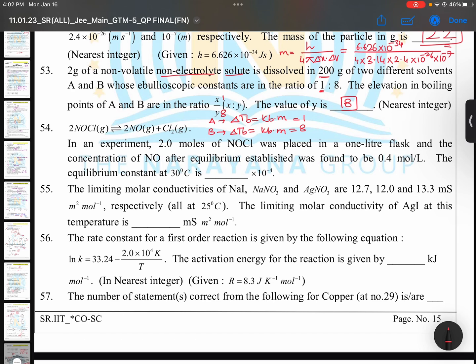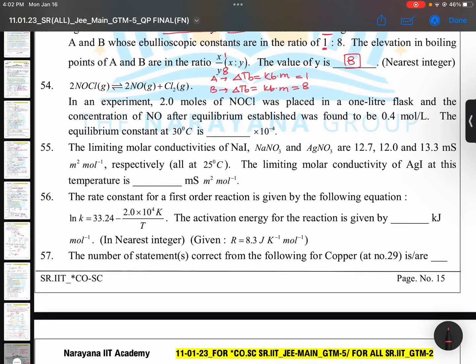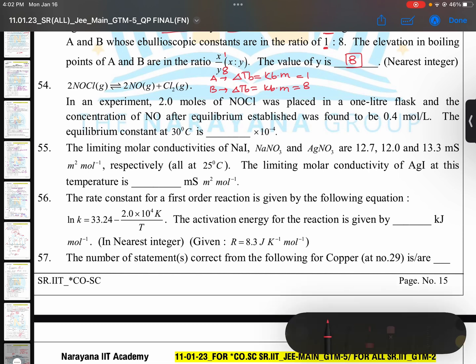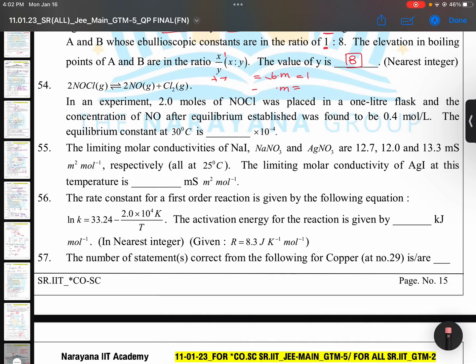Unnecessarily wasting time. Okay. Next, NOCl. In an experiment, 2 moles of NOCl was placed in a 1 liter flask and the concentration of NO after equilibrium was established was found to be 0.4. The equilibrium constant at 30 degrees Celsius is asked. See? So I would like to take out